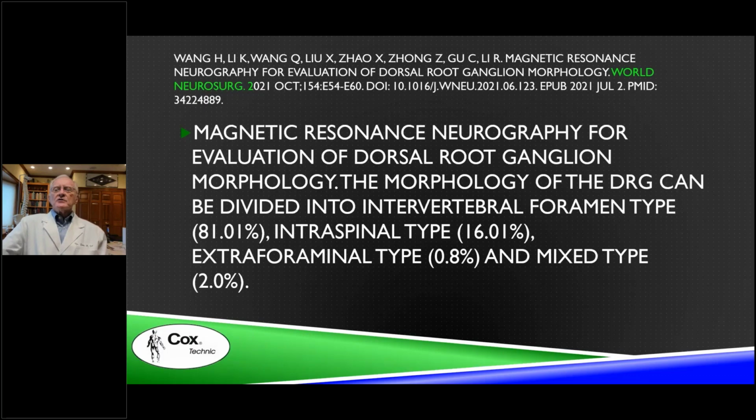MRI shows that this dorsal root ganglion, its location, can be divided into 3 types. In the intervertebral foramen, 81%. Inside the intervertebral foramen, 16%, and extraforaminal, almost 1%. And no one treats long until you learn that extraforaminal prolapse with chemical inflammation is a very, very difficult case